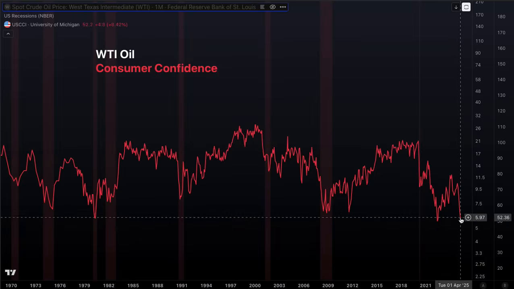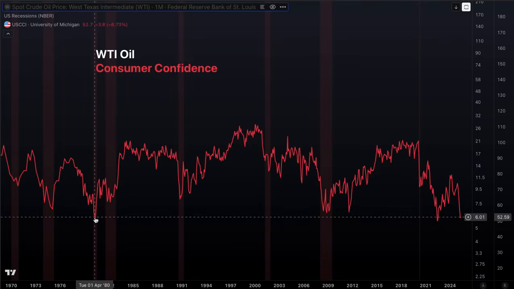And the other point I want to point out is we are currently at a reading of about 51, 52 in terms of this consumer confidence index. Look at how many times that has been reached going back all the way to 1970. Consumer confidence has basically never been this low. It was here, back down at these low 50 levels, in the great inflation of 2022. This was when CPI inflation was 9%.